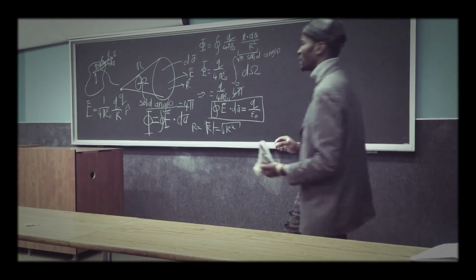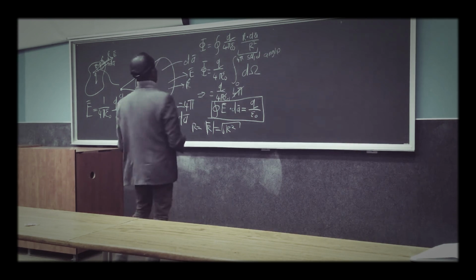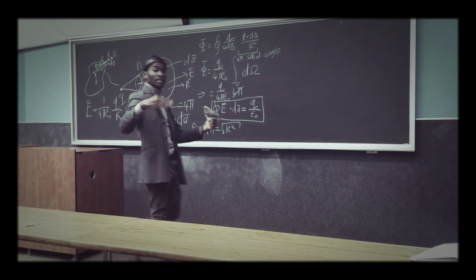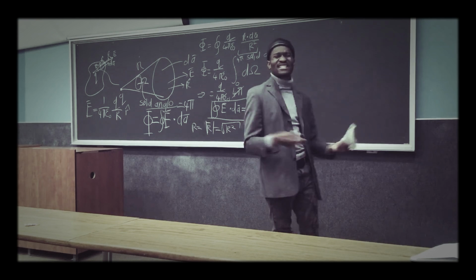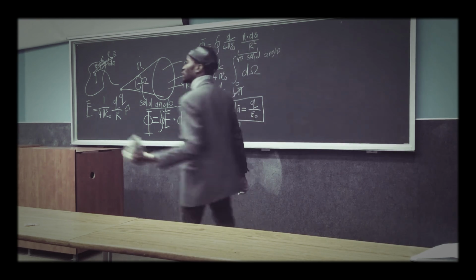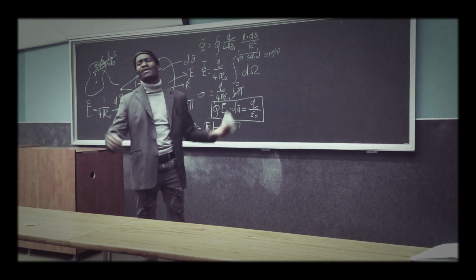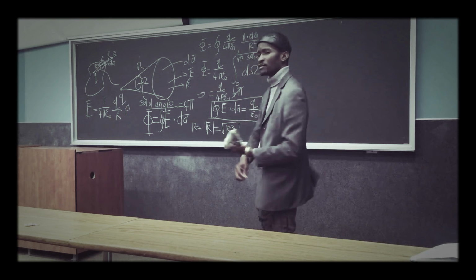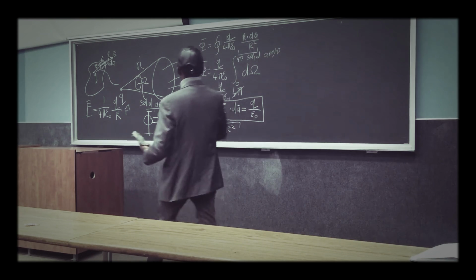But we must know that this is only with respect to charge or point charges. So let us generalize this to more of a surface. We don't want to just deal with one charge. What if you want to consider a collection of charges? What if you want to consider a conductor? How then do we look at the electric field, and how can we derive Gauss's law for that? So to then